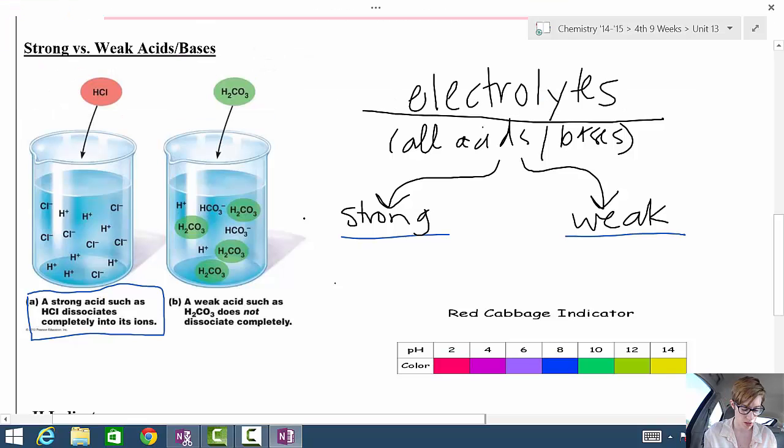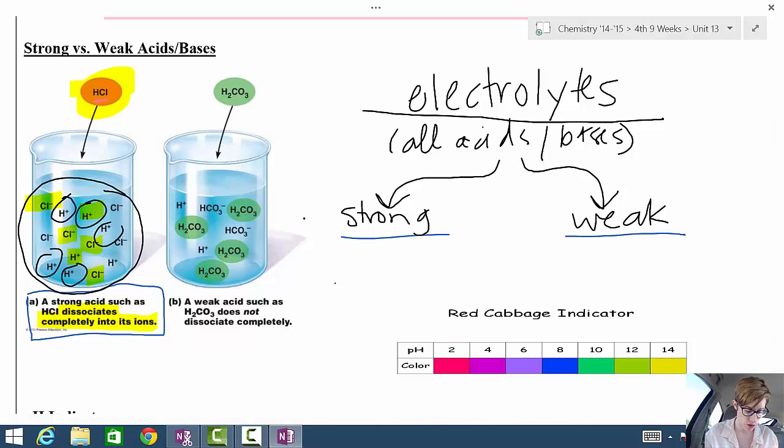That's really important. It dissociates completely into ions. And we can see here that we had HCl as a compound, as a molecule beforehand, but then when it went in water, I see that it's broken down into its ions completely. Okay, I don't see any HCl in the liquid. What that means is that this acid is stronger, because look how many H plus ions are dissolved in water. There's a high concentration